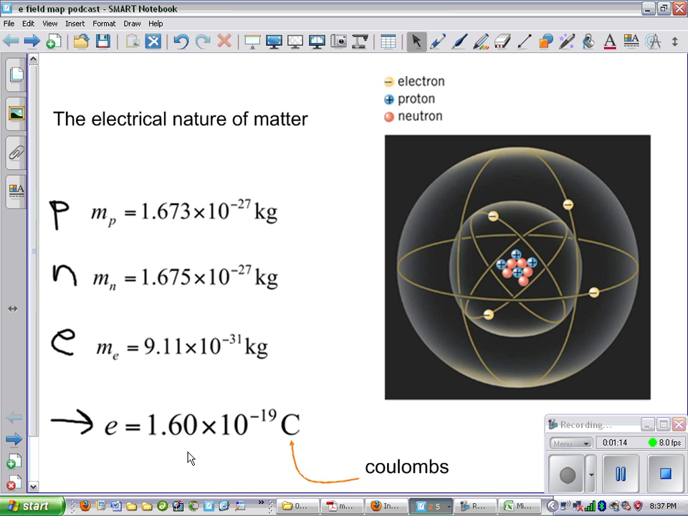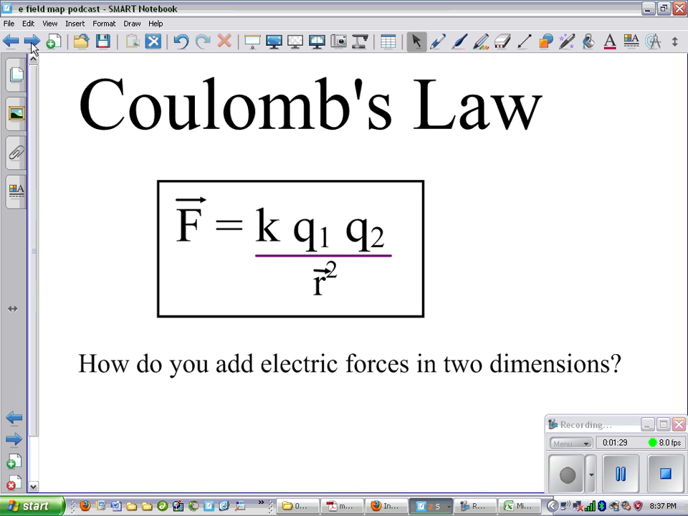Both a proton and an electron have the same magnitude of charge, which means the same size of charge, and that is 1.6 times 10 to the negative 19 coulombs. Coulombs is the unit of charge. And to calculate the force between objects with charge, we use Coulomb's law, which is force, which is a vector, equals k q1 q2 over r squared, and k is Coulomb's law's constant, which the magnitude is 9 times 10